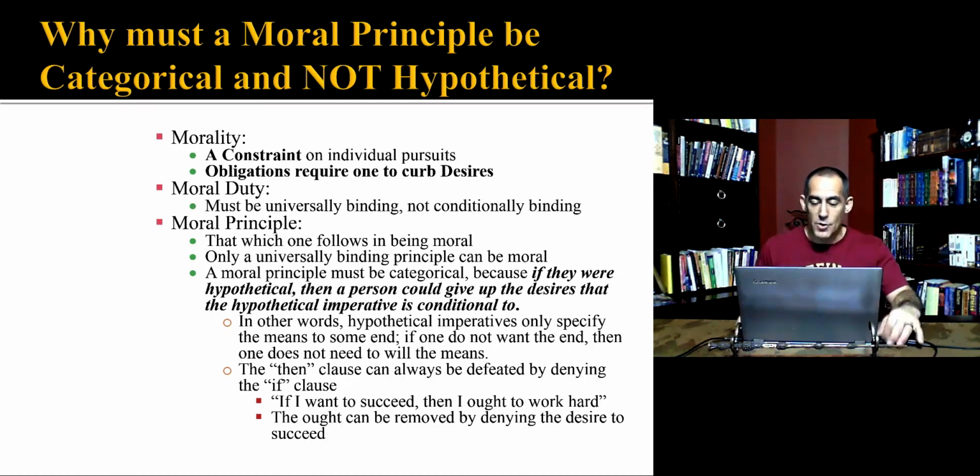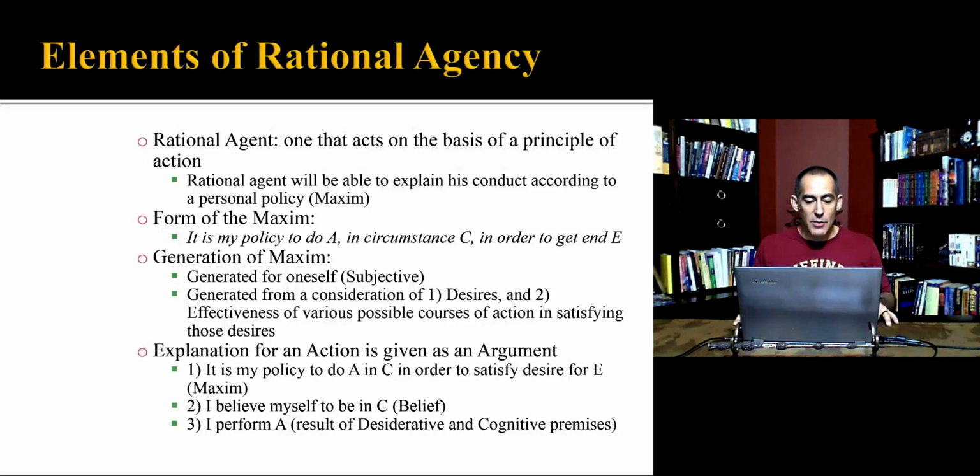Okay? So again, if you're doing the essay for the test that has to do with these two, a lot of the information is right on that slide for you. Let's skip the review and move on to elements of rational agency. Rational agent is what we're talking about. Every individual person is a rational agent. When I talk about the elements of rational agency, what goes into making rational decisions and choices and actions?